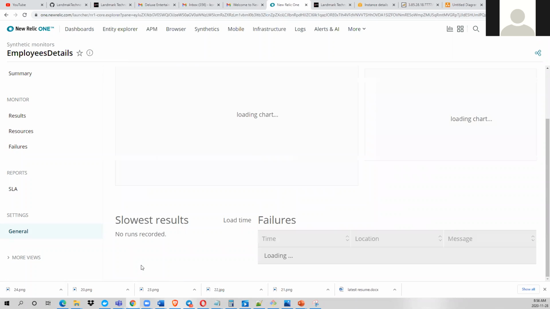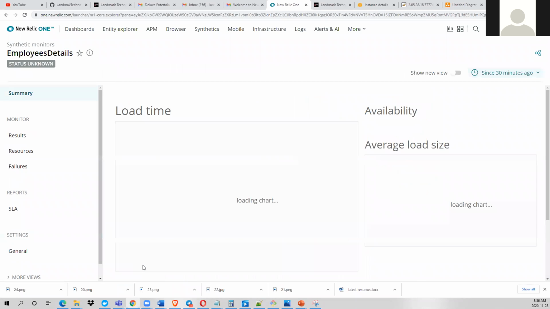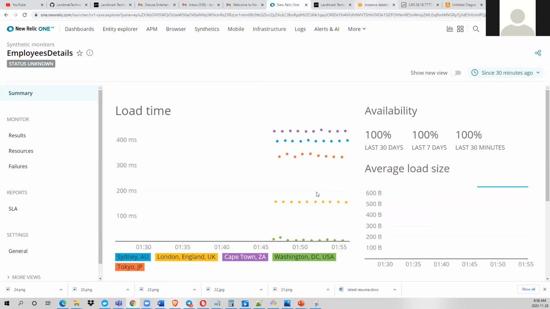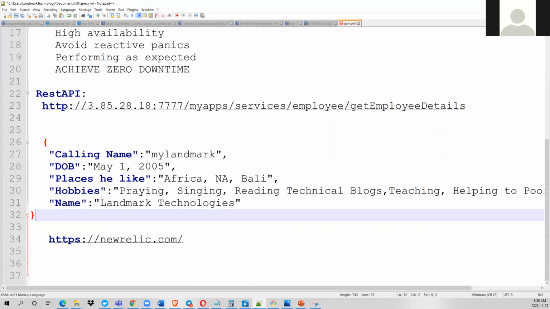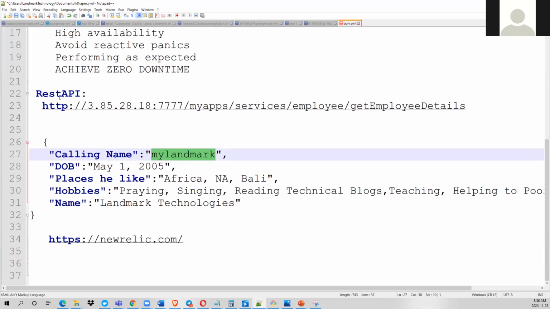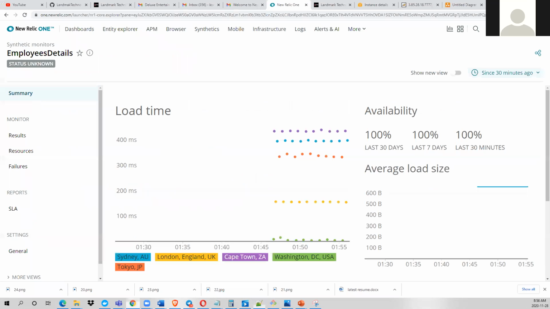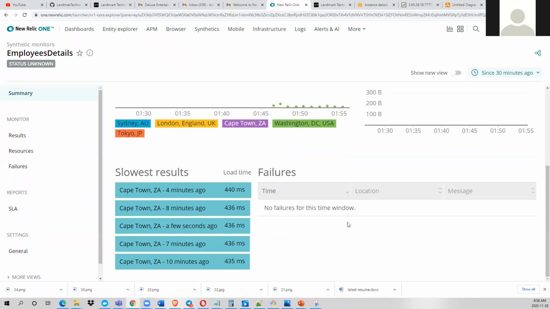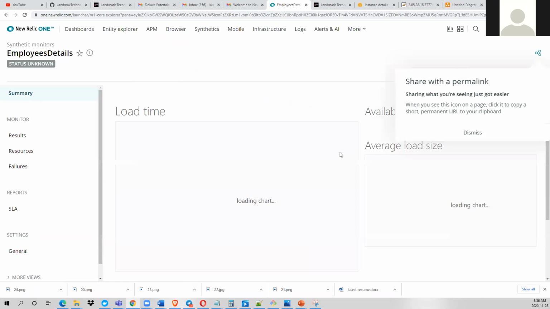I'm trying to include a validator that does not exist. You see that? So it is going to be searching for, because if you come here, what do you realize? We don't have Simon here. So I'm saying when you try to query this RESTful API, check for the name Simon in our employee list. You see that? So let us find out, what do we get here? It's going to throw us errors very soon. Why? Because the information we are